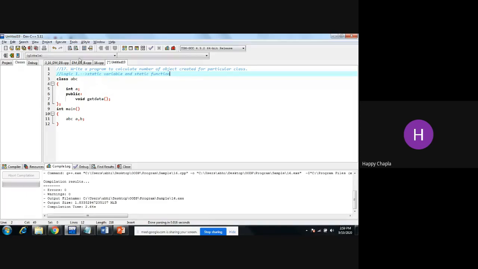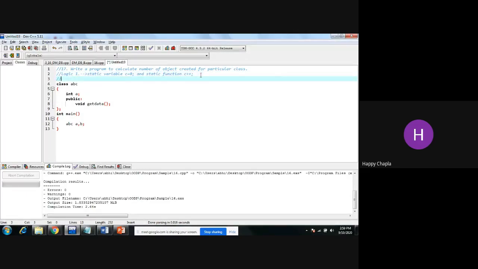What we are doing is declaring one variable c equal to 0, and at the time of calling, I am just incrementing that variable by 1. But what is the drawback in this logic? If, using the same object, I call that function or method one more time, it will return me the incremented value, right?